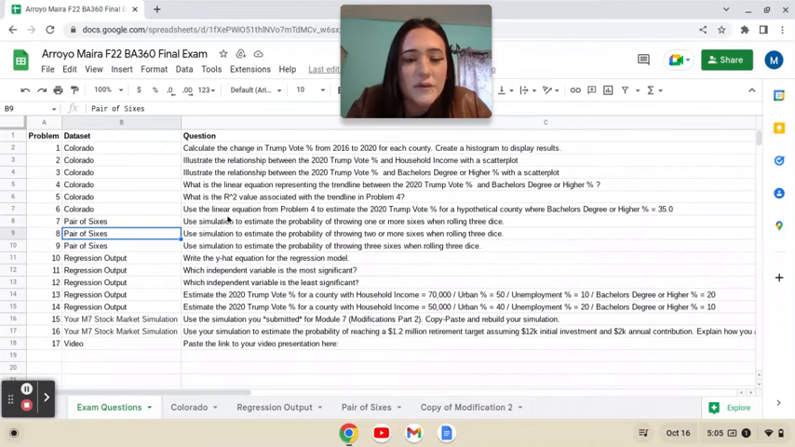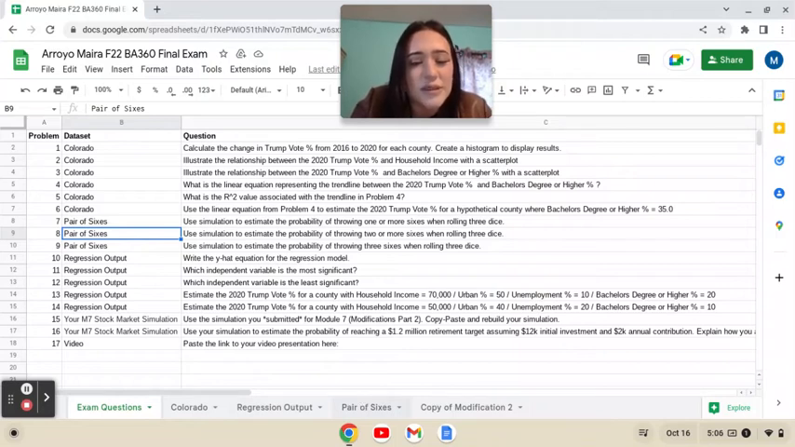Okay, and that was all for the Colorado data set. I didn't have a hard time with it. It was not too bad, pretty easy. Pair of sixes. So this section is where I kind of had more of a struggle with,